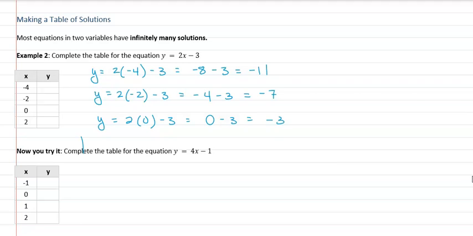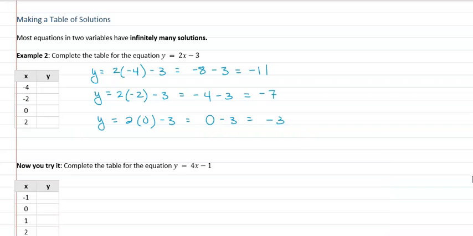And the last one, we're just going to plug in 2. Y equals 2 times 2 minus 3. When you use parentheses, it makes it easier to follow your work down through when you do these. And you get 4 minus 3, which is 1. All right, so we get -11, -7,